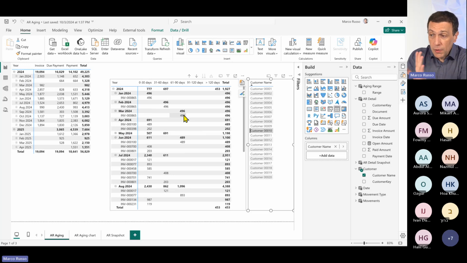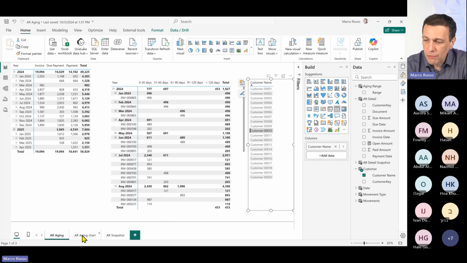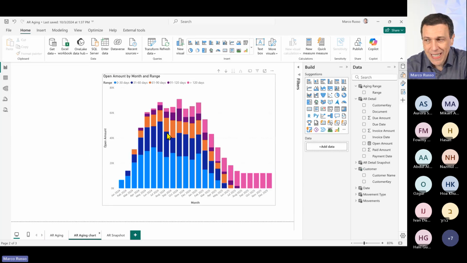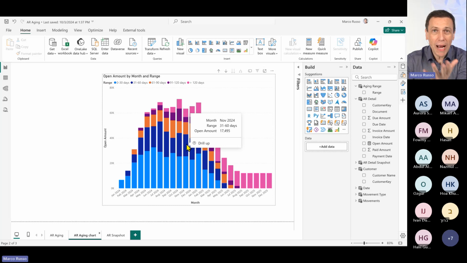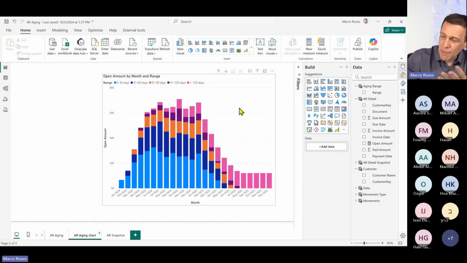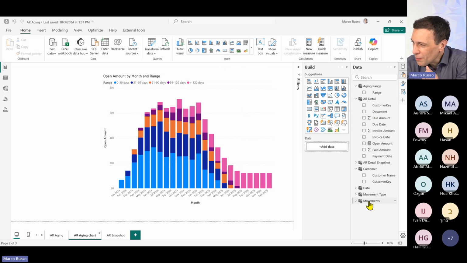Okay. Now, this is the explanation of how the report works, and we can already create our chart. So basically, this chart is the same chart that we have seen in the matrix, but just with a stacked bar chart that shows the data in a way that makes us able to understand the sparsity of the data that we have. Now, what else? Well, as I said at the beginning, let me try.